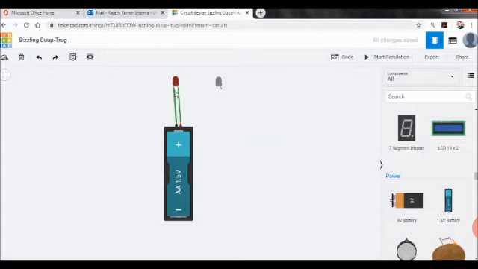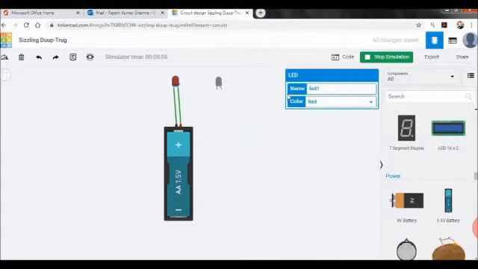So that is a simple circuit, just the LED directly with the cell of 1.5 volt. And remember, 1.5 volt can be tolerated, so we don't connect anything here. Now just click on start simulation, and I hope you are able to see the LED is glowing. To see properly, we can change the color also. Let's change it to white, and I can see. If you switch it on and off, you can see how the LED will go on and off. That is how we can make it and see the working also.